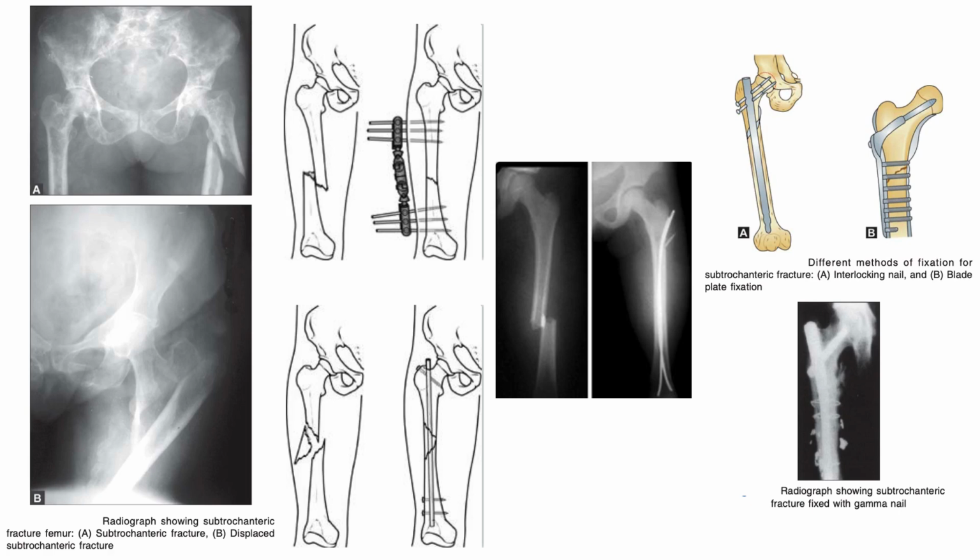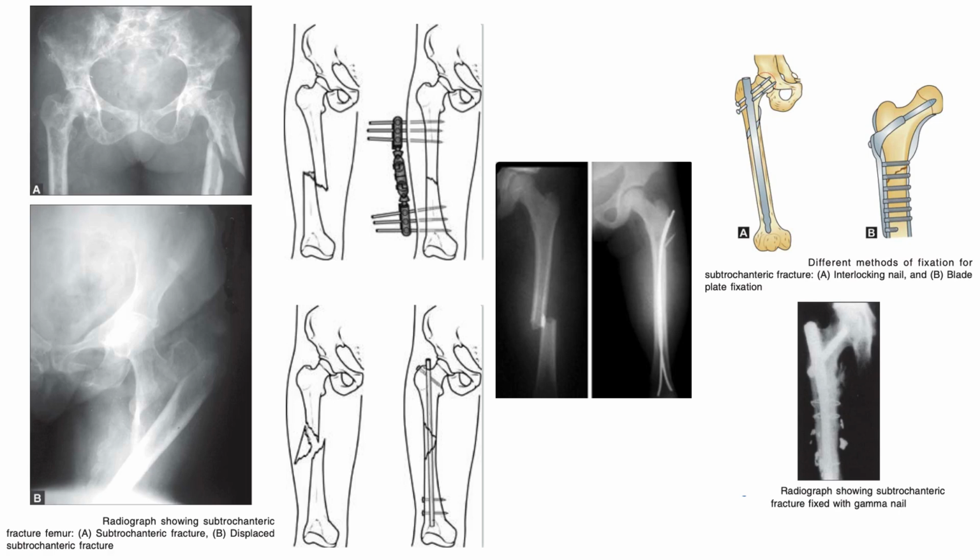The Russell Taylor reconstruction nail which I just mentioned has a proximal and distal interlocking screw fixation and is a closed nailing technique. Now, here are certain fixation methods in a nutshell for subtrochanteric fractures, based on the Russell Taylor classification. In type 1A, with intact piriformis fossa and lesser trochanter, a standard interlocking IM nail is used. In type 1B, with piriformis fossa intact but lesser trochanter fractured, a reconstruction IM nail is used.